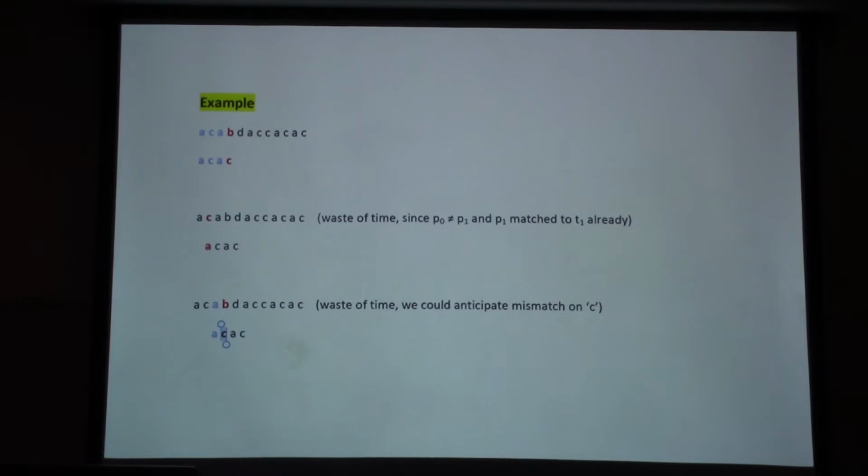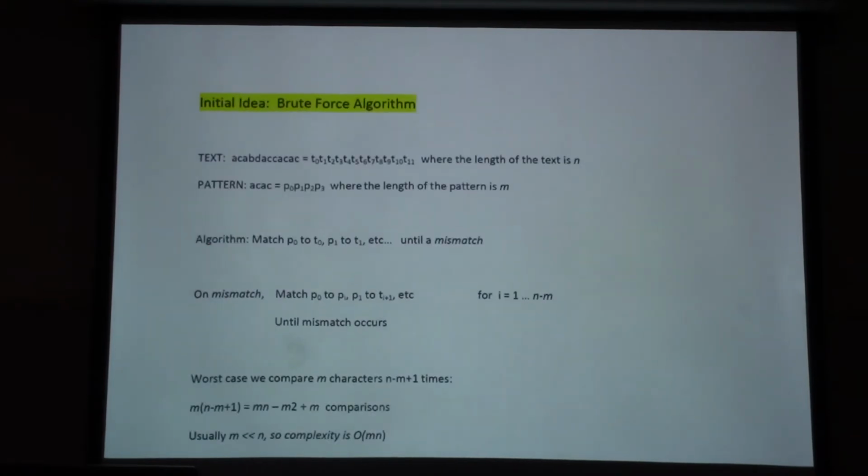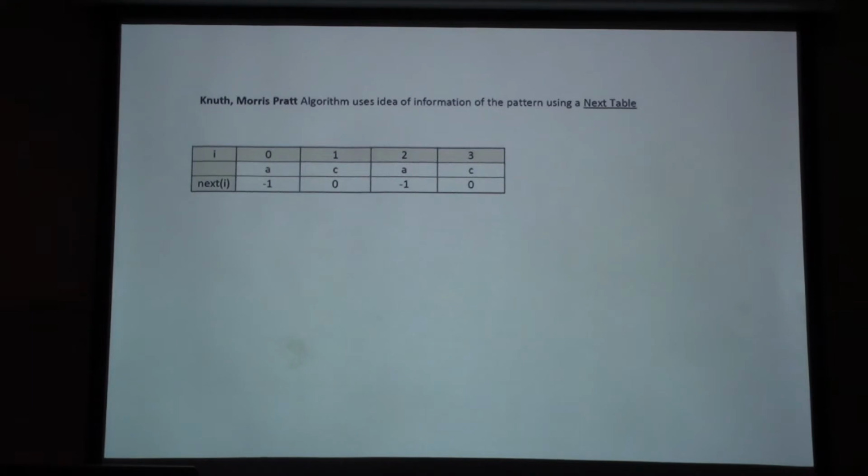We only keep track of how we did against the text. So because we slide 3 times, all we know at this point is that the character that mismatched is not a C. Therefore, it might be an A. And so that's why KMP is going to say when you mismatch on the second C,